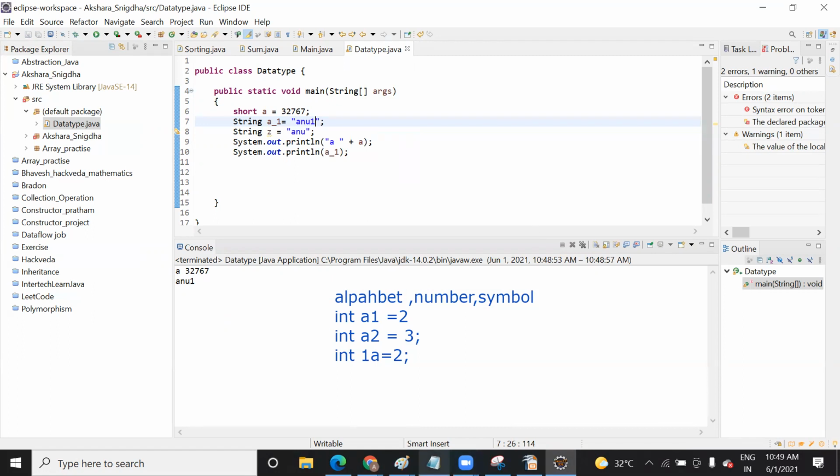What if I want to print something in double quote inside double quote? Like, hi, my name is Anushka, with Anushka in double quotes. My name and then double quote and then Anushka. That will give an error, right?